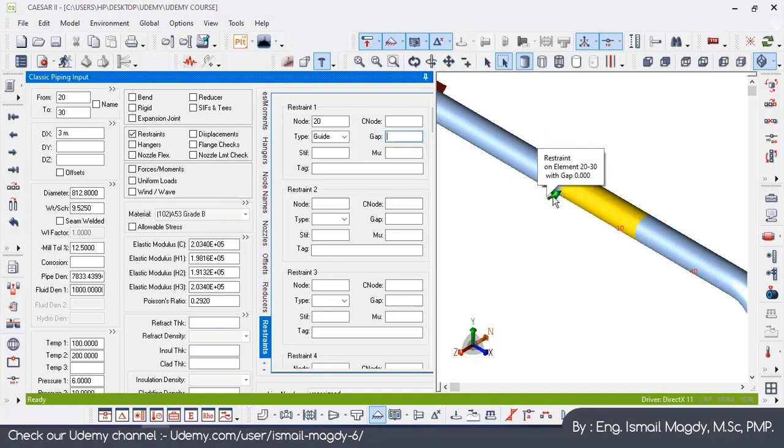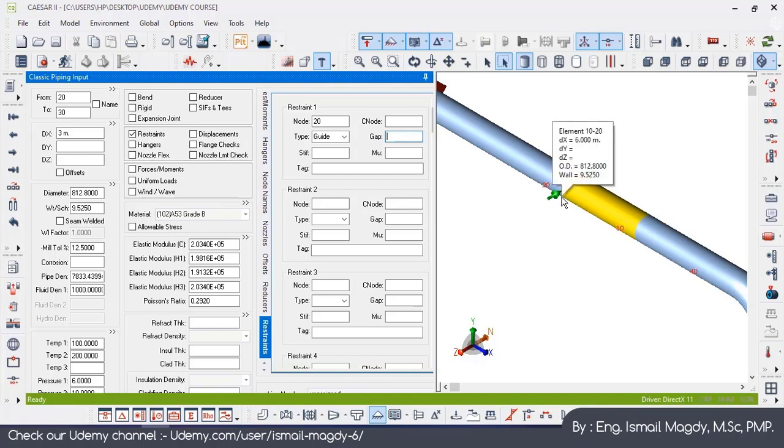Your support, there is no way it is going to be 100% in contact with the pipe. Of course, there will be insulation between both of them, so there is a specific gap between the support and the pipeline. It is going to be a small value, but it makes a huge difference in your calculation. So you need to get this value from the insulation material or the cladding around the pipeline, and between the support also there is